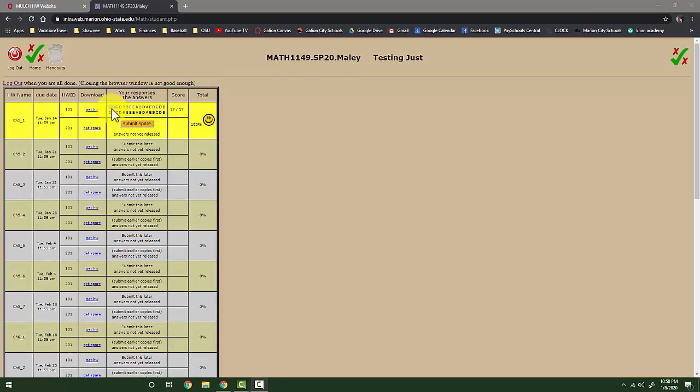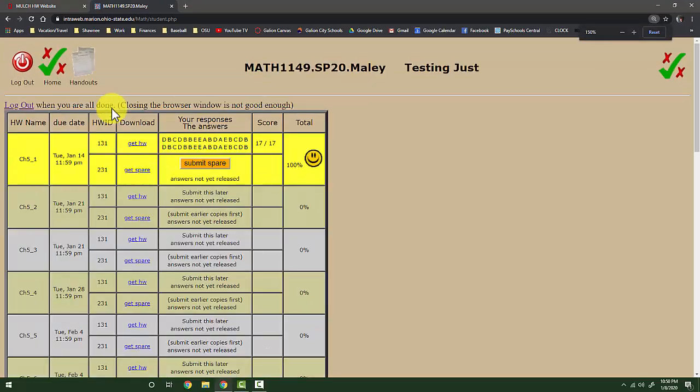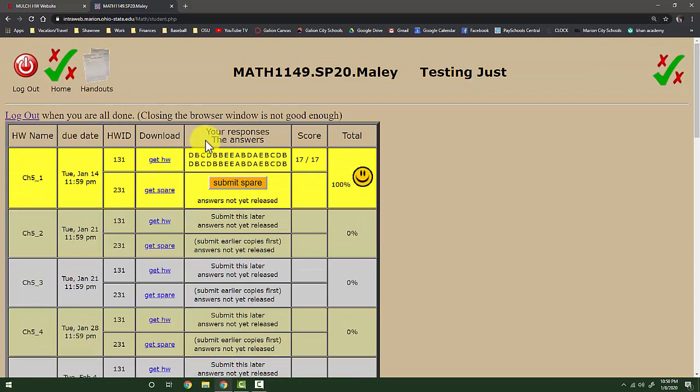All right. One more thing I just wanted to point out really quick with the Mulch homework, and let me zoom in here. So when you notice this column says your responses, and then the bottom says the answers, right? So what this is referring to is this top row are your responses, and then the row beneath it are the correct answers. So that way you can compare, see which you missed, see which one was the correct answer, and you can learn from that, right? So I just wanted to make sure that you understood that,